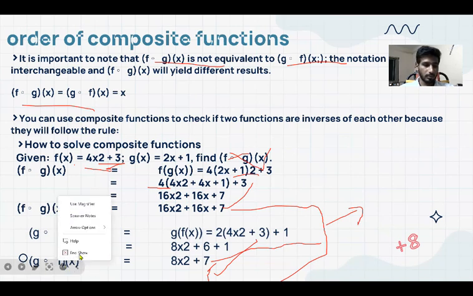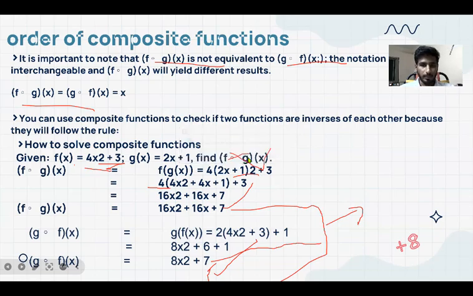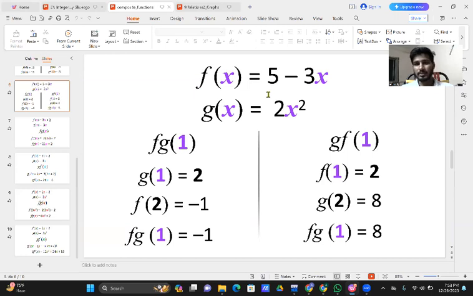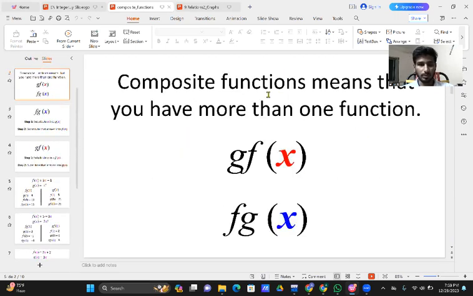And going to another basic problems. So this is the other basic problems which in a clear cut manner. So we know that generally composite function means that you have more than one function. I earlier said that it can be represented in